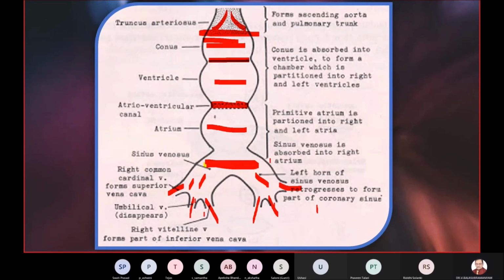Now, we started with a double heart tube, right heart tube and left heart tube. We saw that these two fuse to form a single heart tube. By the word single heart tube, I mean there is a single cavity lined with endothelium and covered with mesoderm, and that's what we have called a heart tube. In other words, at this stage, the heart looks like any other blood vessel, any other artery. Slowly, it shows dilatations when you begin to realize